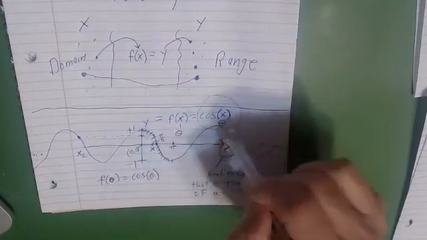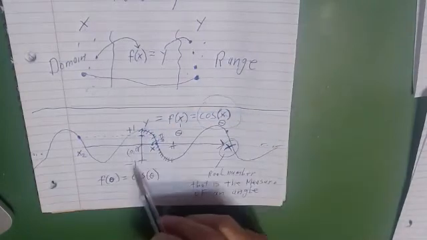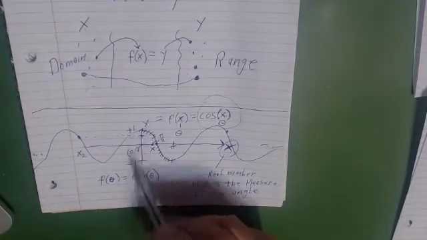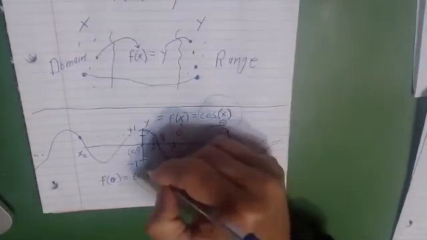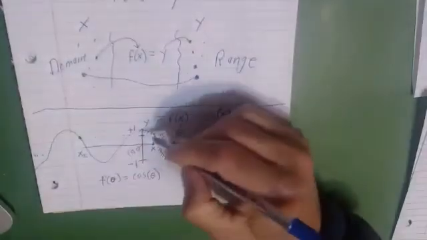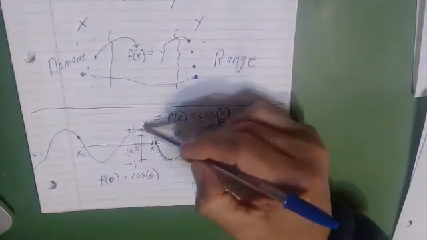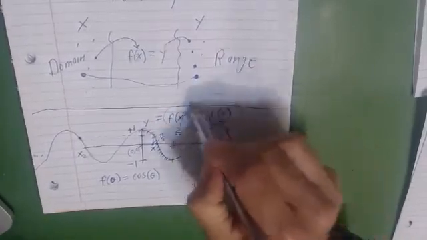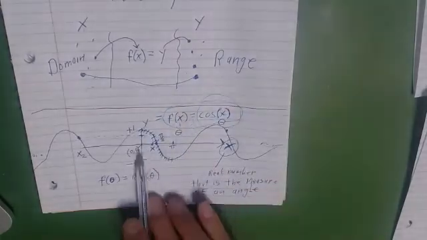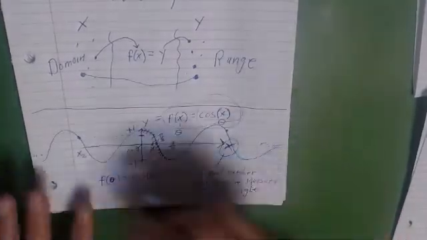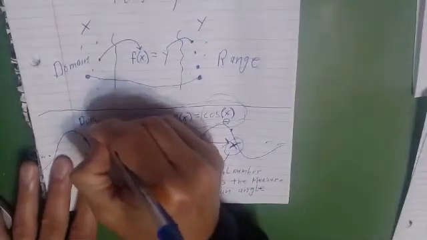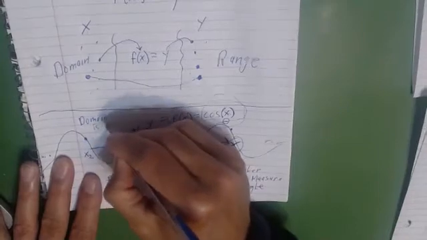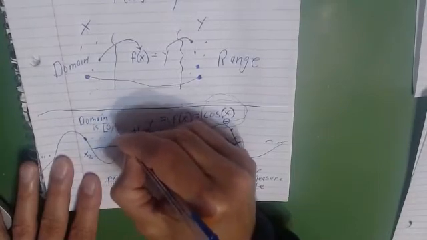So the cosine of x always has a value somewhere between -1 and 1. No matter where we are, it always has one of these values on this line somewhere, right? So if we restrict the range of x, which is the domain of this function f of x, we're restricting the domain of f of x to put domain